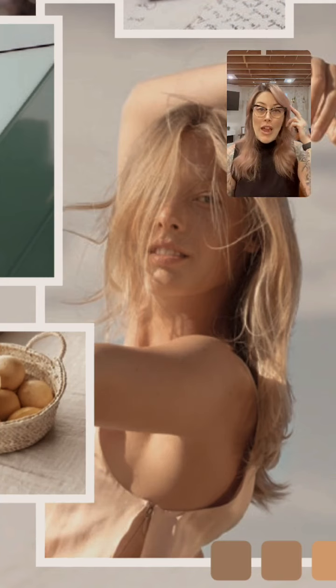A lot of times people think, okay, if I tell my hairdresser I want to have white hair, it means it's going to be